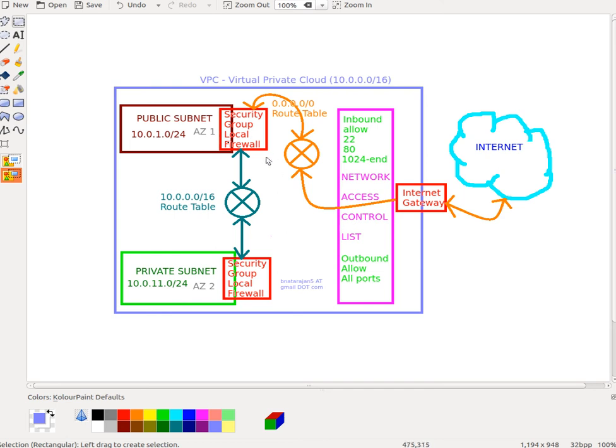So on the outbound port, I'm going to allow all ports out to the internet. So anything on this machine can go out to the internet. But when it comes to this machine, right, it needs to know that there is an internet gateway to which it can reach out to. Okay. But what we have done is, since this is a private subnet, we have not shown this particular machine over here,